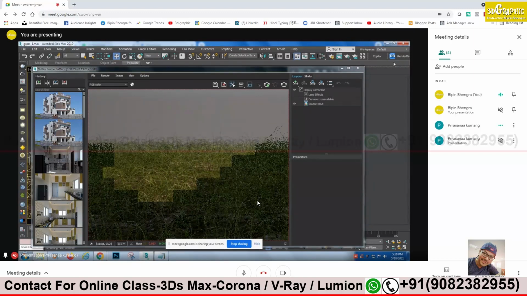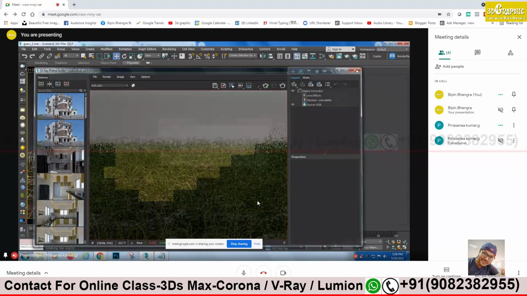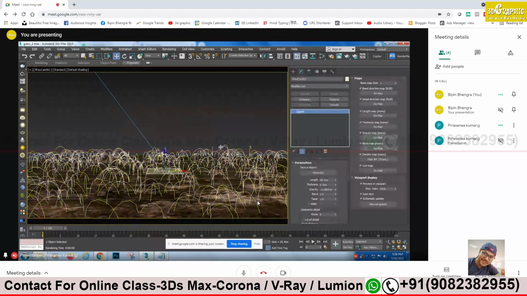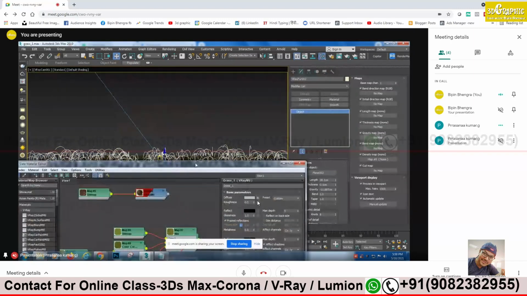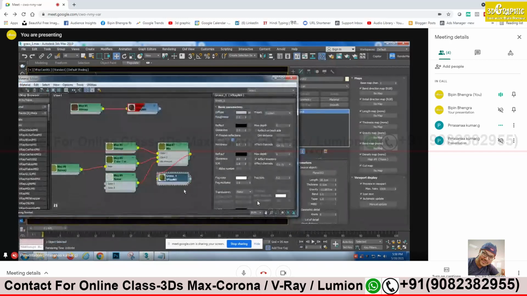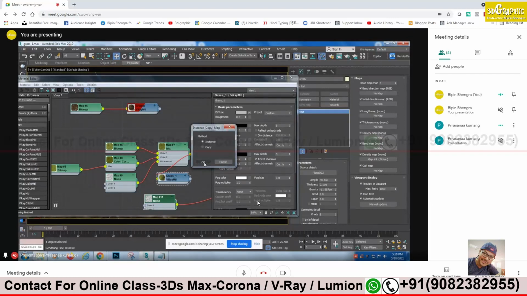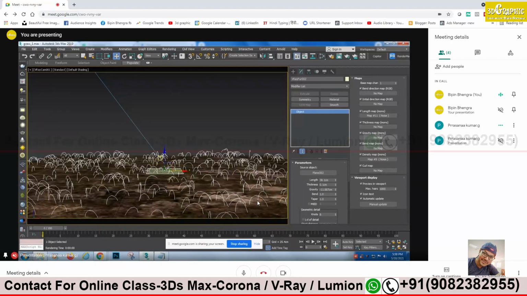You see what other parameters are there on the VRayFur? I have tried two or three things. The length also I have tried. I have tried density. I have tried the length. So again, take a noise modifier and apply it on the length. Let's see what result you are getting, and then try to make some changes in the noise modifier. First, see what result you are getting.